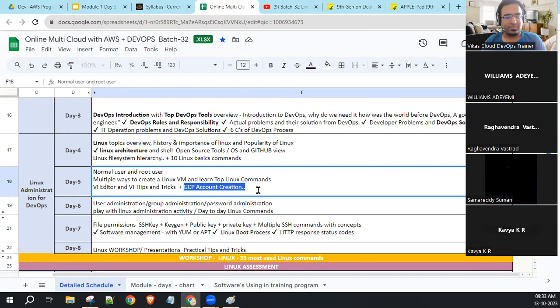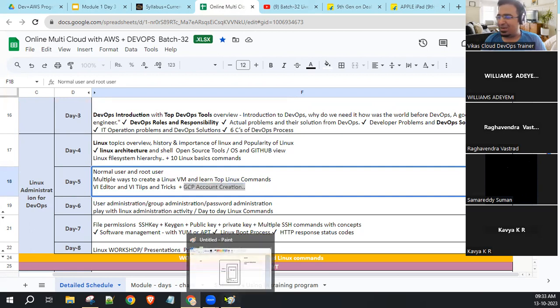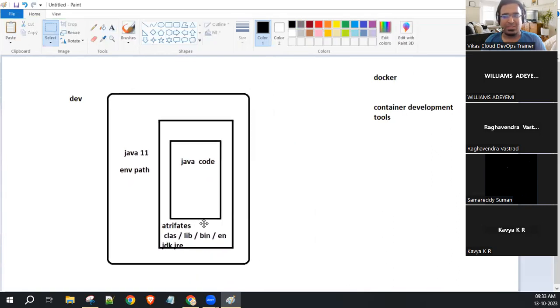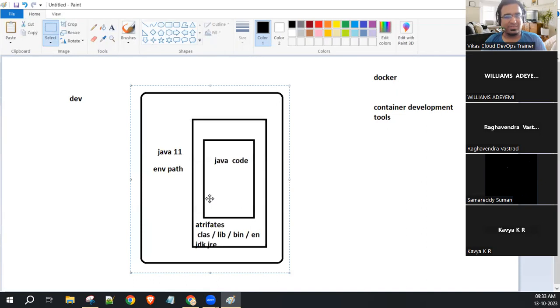I have a question here. What is the exact difference between Docker and container? Sometimes you call it Docker, sometimes you call it container. Good, you asked the question at the right time. Whatever has been packed is called a container. The application is a container. Docker is a tool. With the help of the tool, we will develop the container. With the help of Docker, we can develop the container. Container is a running application. Got it, thank you. Good question.